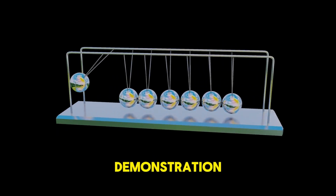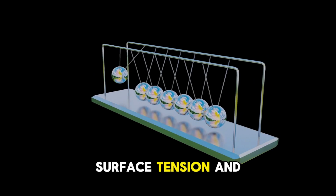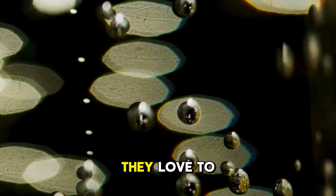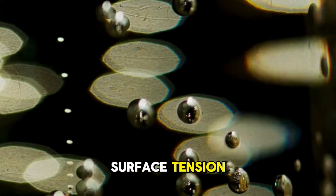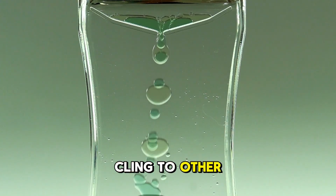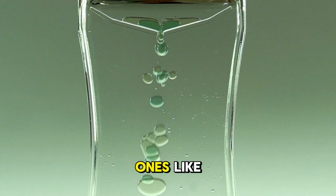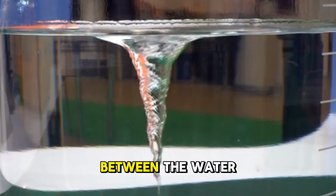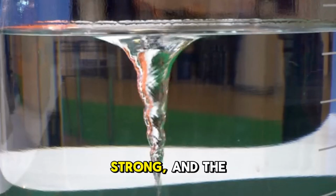It's a beautiful demonstration of two principles: surface tension and adhesion. Water molecules are incredibly sticky. They love to cling to each other. That's surface tension. They also love to cling to other surfaces, especially smooth ones like glass. That's adhesion. In this setup, the force of adhesion between the water and the glass is so strong, and the